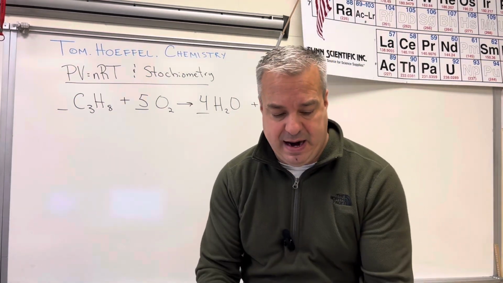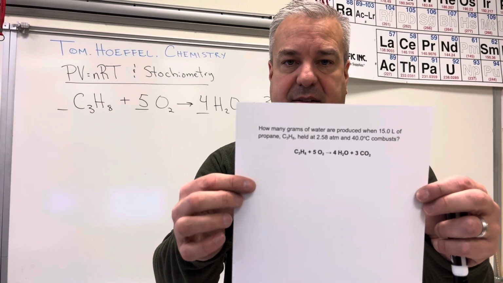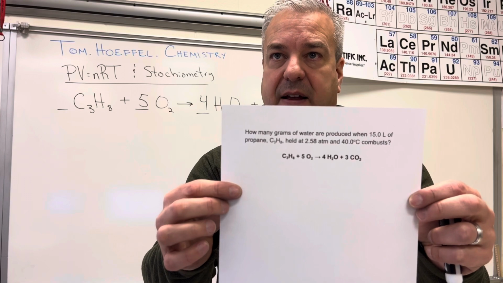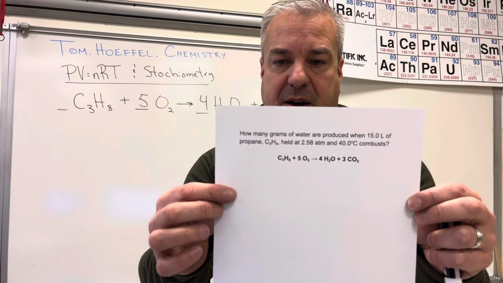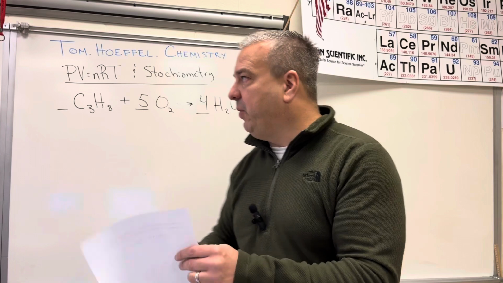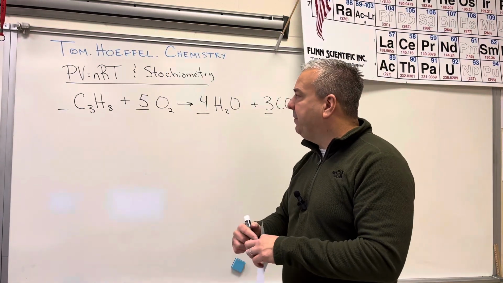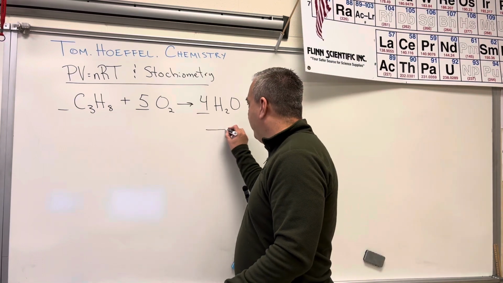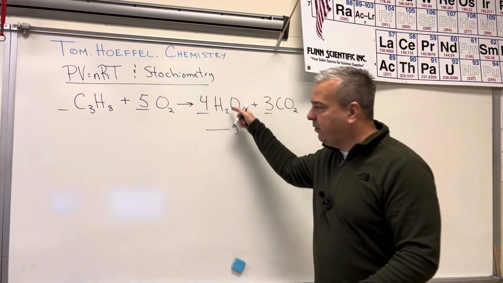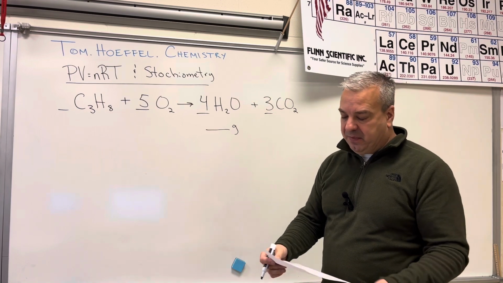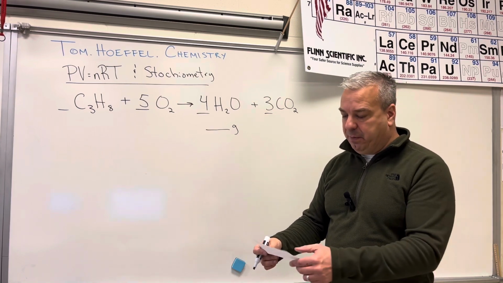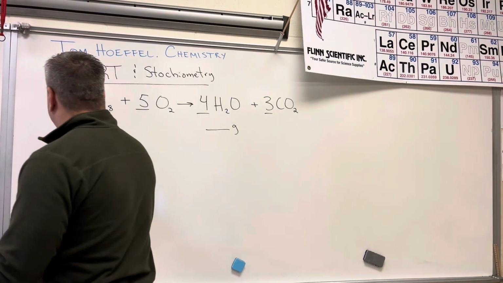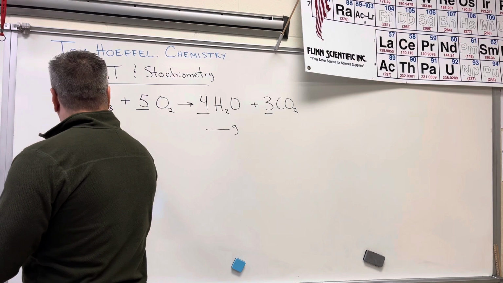Okay, so the prompt that we have here is this. How many grams of water can be produced through the combustion of a certain amount of propane? So let's work this problem out. As far as the setup is concerned, the question is how many grams of water. So I'm always going to put my underscore grams of water underneath the water, and it's talking about a certain amount of propane. And the propane is C3H8,